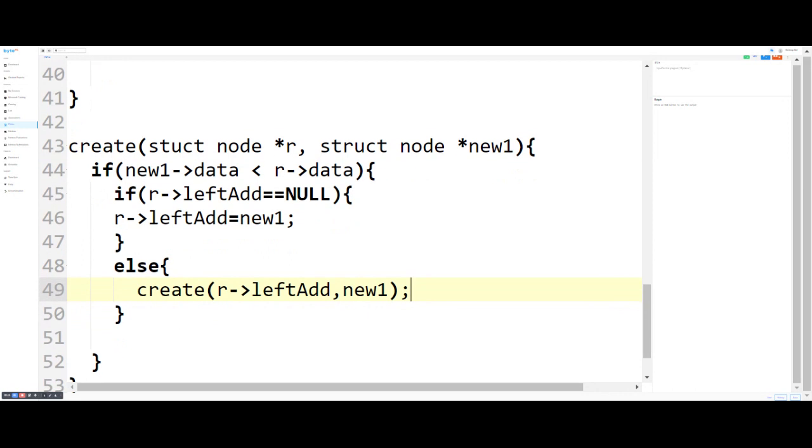This is your condition. If new one of data is less than root of data, we simply add this new node in the left subtree. So you can see here how it works.